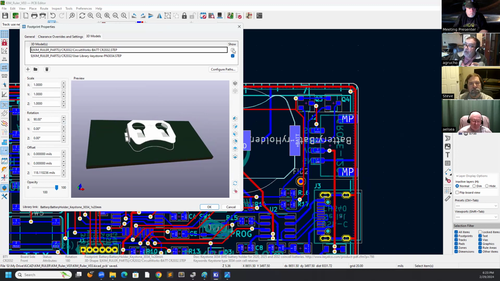You can turn on and off each part. You can turn on the battery holder and move all the parts.